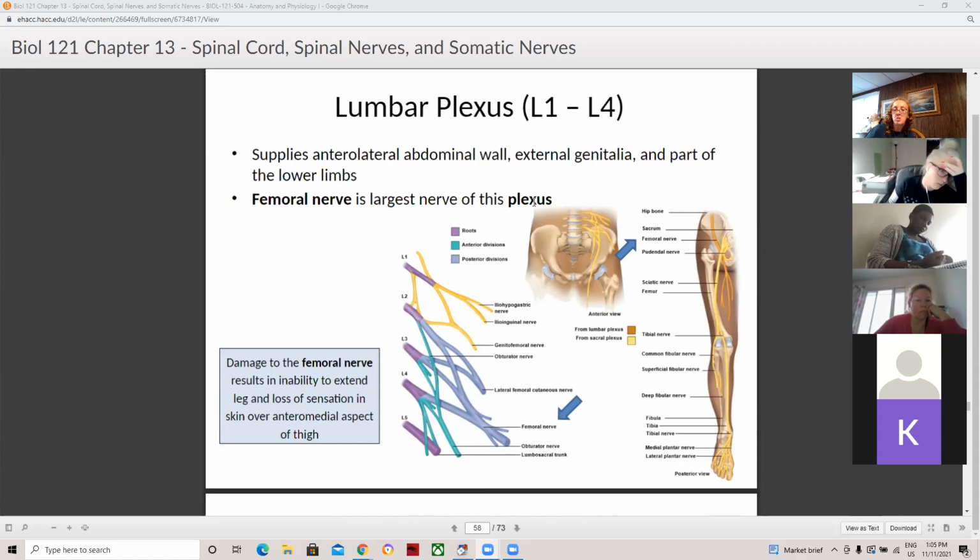This is the nerve that's going to innervate a lot of your lower leg, a lot of your leg in general. So damage to it can result in the inability to extend the leg, the loss of sensation in the skin over the anterior medial aspect of the thigh,